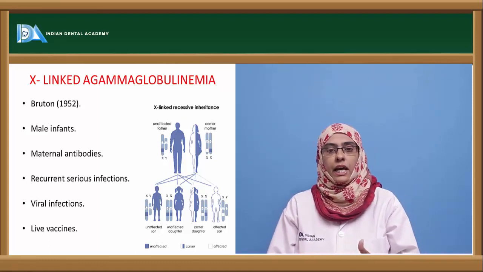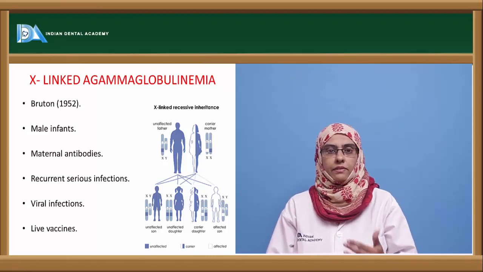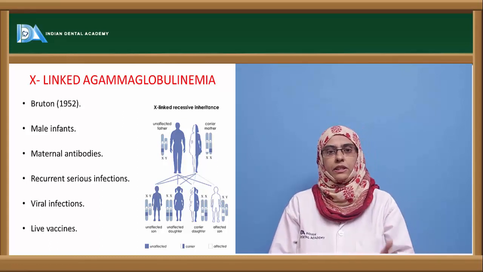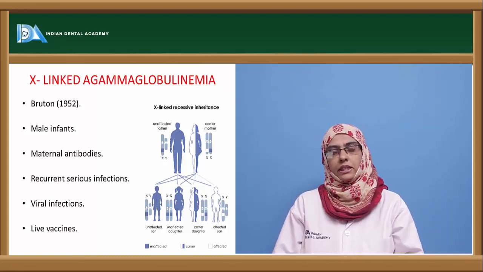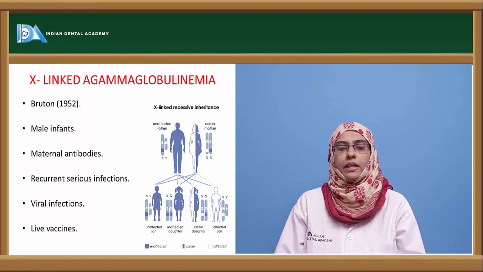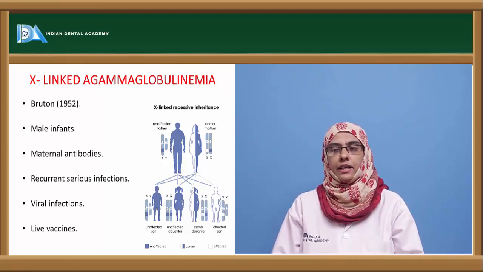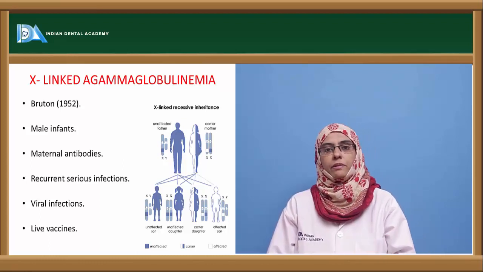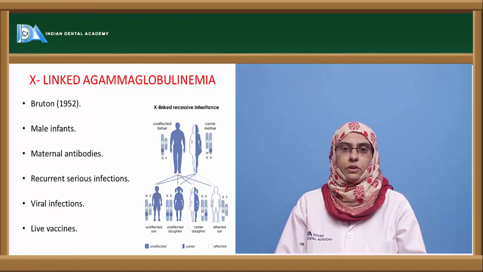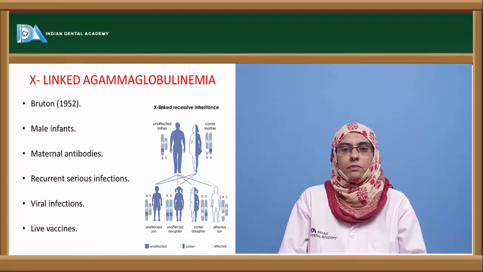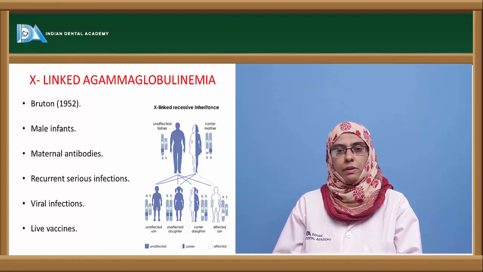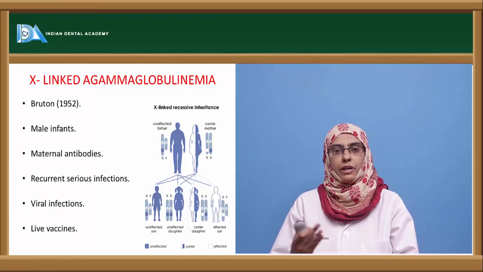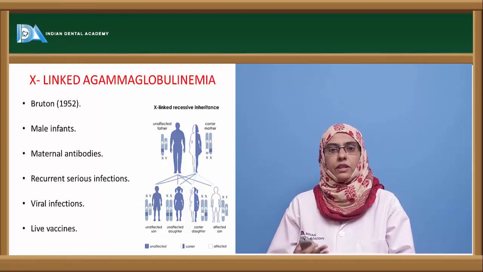Usually, infants develop their own immune system after 6 months. Before 6 months, it is the maternal immunoglobulins that cross the placenta and provide the fetus protection against different kinds of infections. In this patient, the infant is not able to develop its own humoral immune response. For the first 6 months it is protected by the maternal antibodies, but after that it will be more prone to different types of infections,